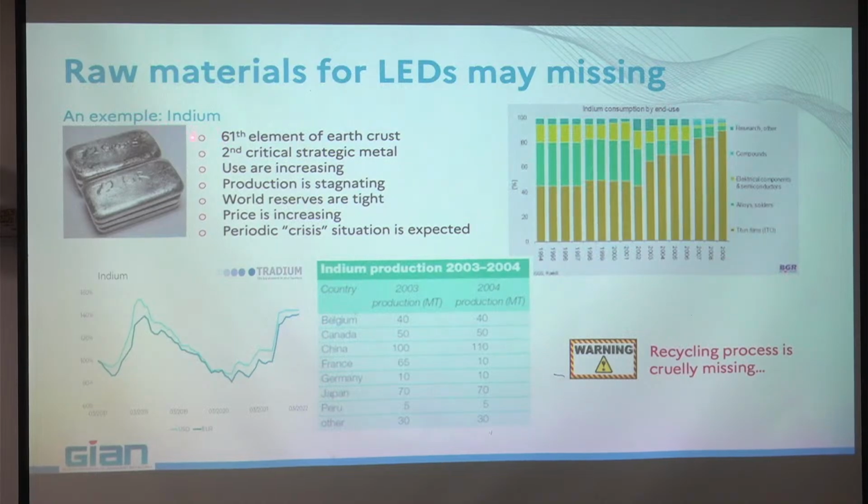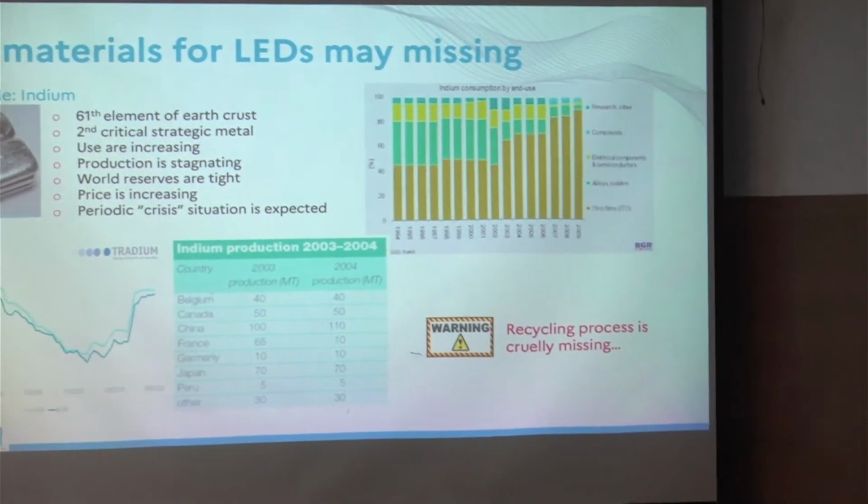If you take indium and see the indium price, it is oscillating because when you have a crisis you have more demand than potential production, and the potential production is almost constant. And that means if we go that way, we will not have enough indium to cover all the lighting industry and